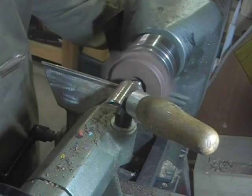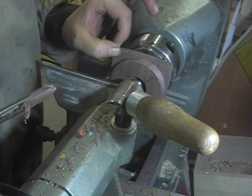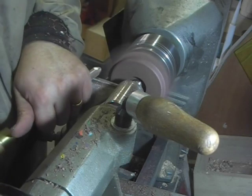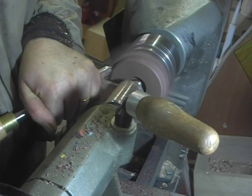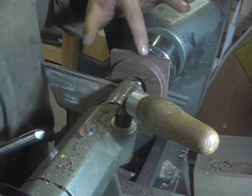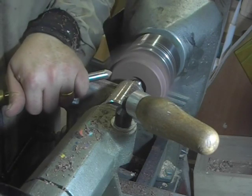And stop as often as you want. Take a look. It's still not deep enough. My curve is still not good there. You see this size is different than that size. So I've got to cut in some more. That's probably getting closer. Let's take a look. Yeah, it still needs a little more in here, but we're getting closer to the curve being the same. Again, I'm going to remove a little bit of material here because it's